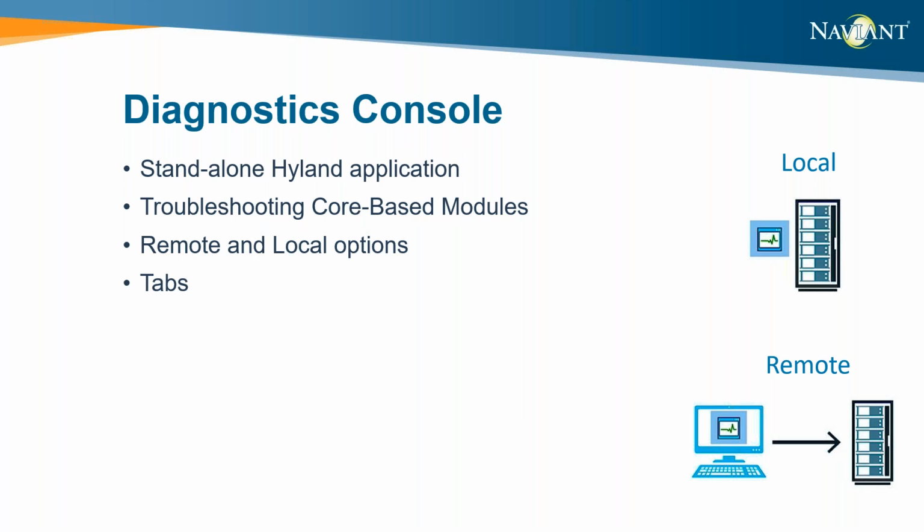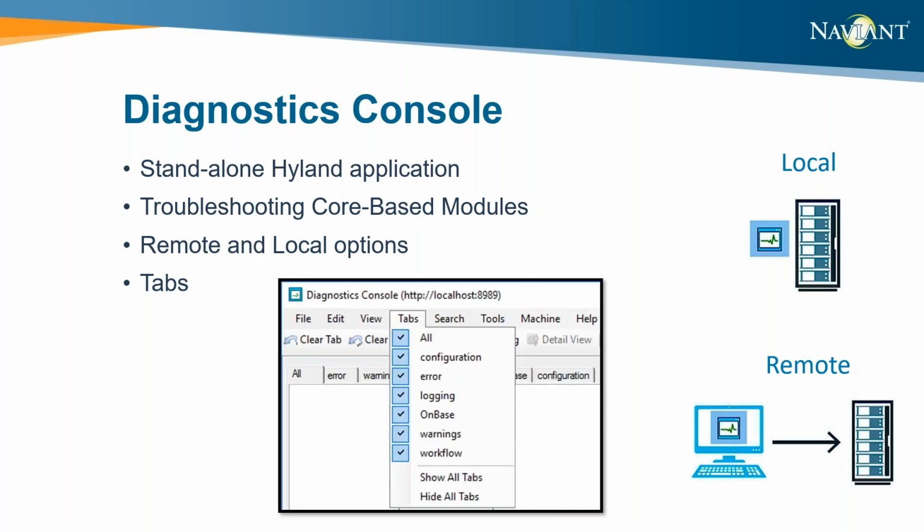Once Diagnostics Console is launched, the Hyland Diagnostics server is turned on. Diagnostics will start collecting information. Information is organized by tabs, which you have the option to show or hide specific tabs, as you can see in this screenshot here. This does not mean that Diagnostics will collect all of that information. The mail slots need to be enabled to report on the additional tabs. Mail slots can be enabled within WAMCON or the web config file. WAMCON is only going to function for the application server or the web server. And if you're trying to enable any sort of logging to the Diagnostics Console for a core-based service, it needs to be done at the web.config level.